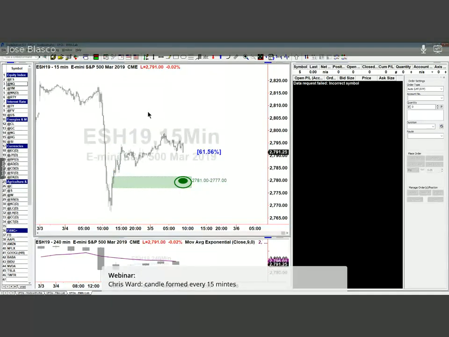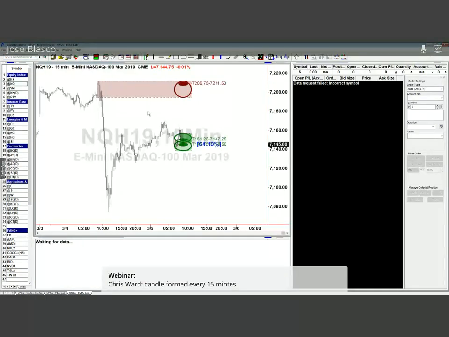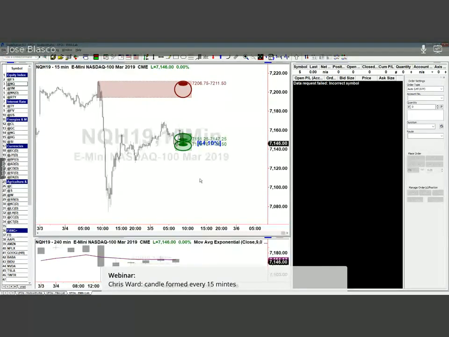So no S&P trade. What about the Nasdaq? We'll move to the NQ, and let's see what we have here. The prior close was below the average. Same story. What we need is red, and unfortunately, what we have is green. So no trade with the Nasdaq, no trade with the S&P. So what do we do next? Move into the world of currencies.